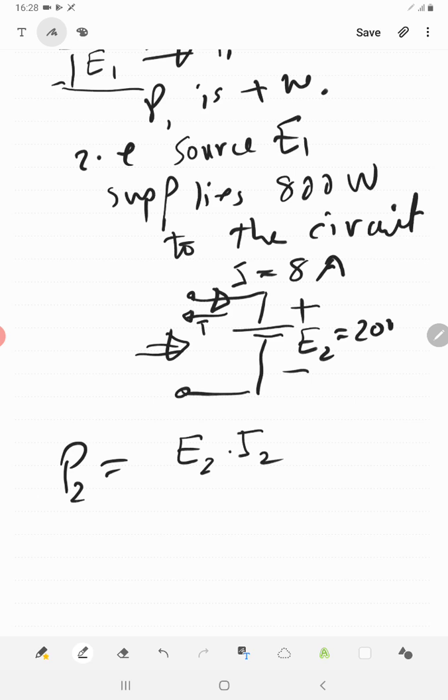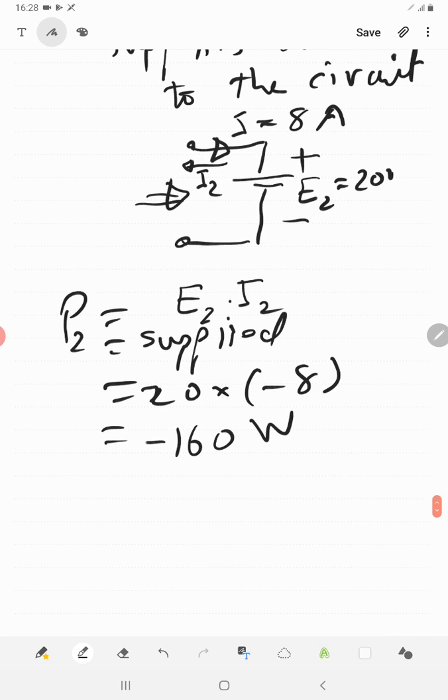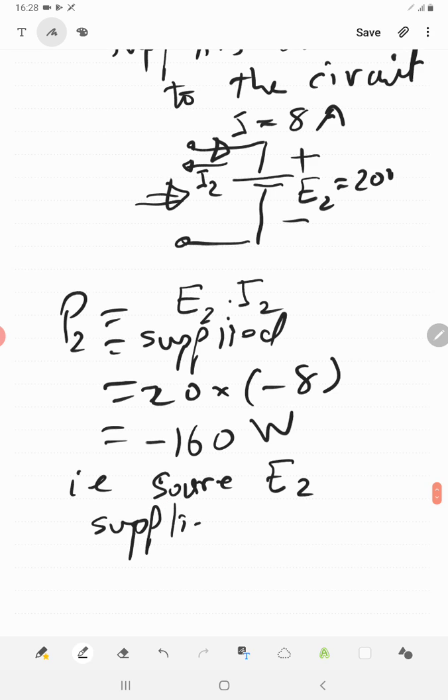P2 equals supplied, which is equal to 20 times minus 8. I2 in the other direction is minus 8, so it is minus 160 watts. So the source E2 supplies minus 160 watts to the circuit,